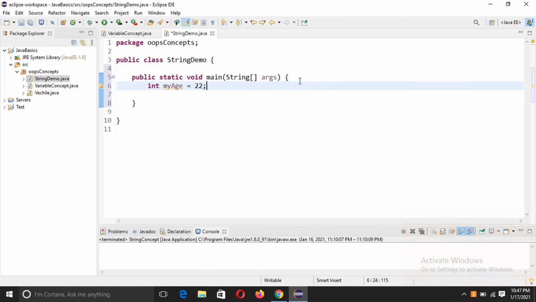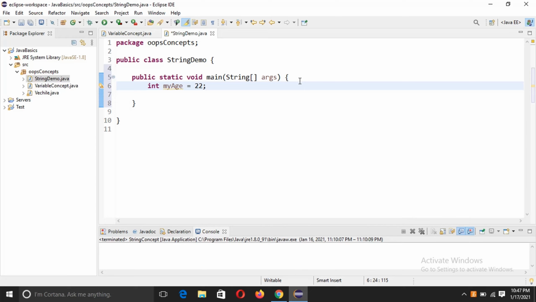Now I'll tell you what exactly the concept of string in Java is. A string is nothing but a bunch of characters written inside double quotes. Simple, that's it, that is what is called a string. Strings are used to represent your data in the form of text. Whenever you have a requirement to write some data in the form of text in your program within double quotes, you can do that with the string data type.